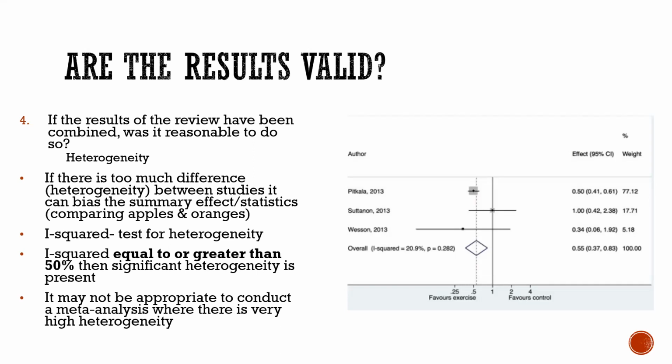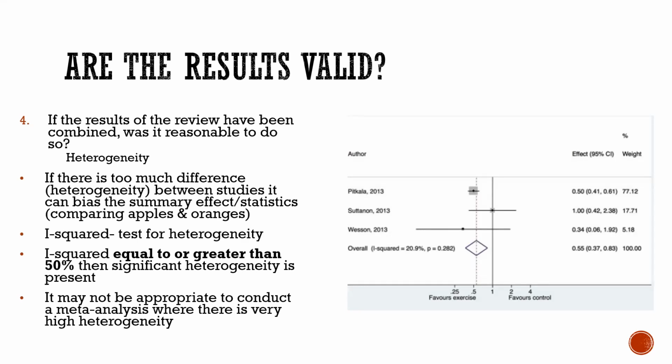Think about comparing apples and oranges, you can't compare apples to oranges. If the RCTs or the studies are so different in their populations, characteristics, and outcomes, you can't really compare them. You can't put them all in the systematic review and do a meta-analysis and come out with a result that is